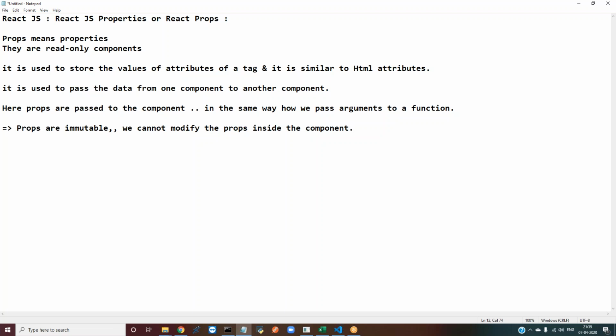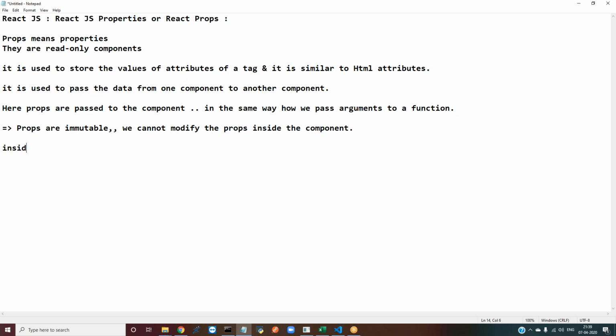One more thing, these attributes are available in the component. How are we going to call these things? By using this.props. This is a keyword which is used to call the current class data. I explained it in ECMAScript, right? In a similar manner, here we are going to use this.props.